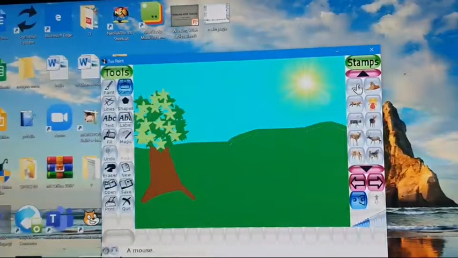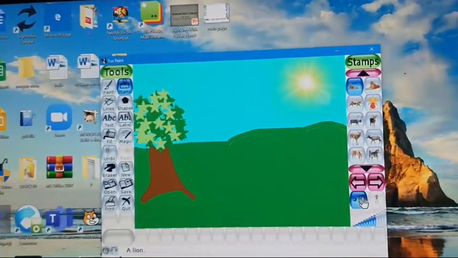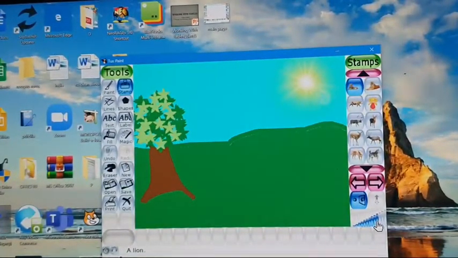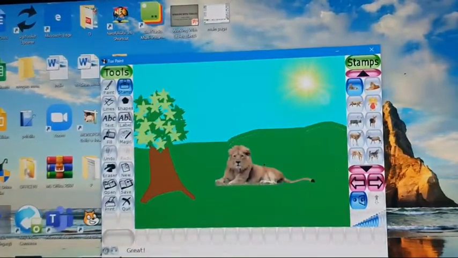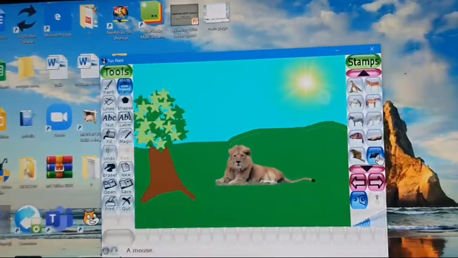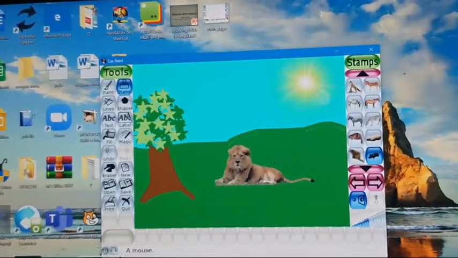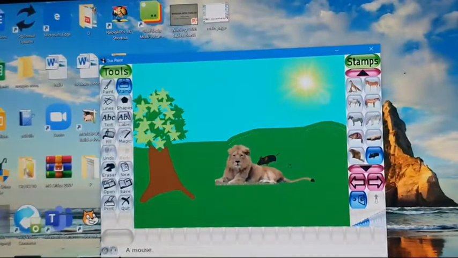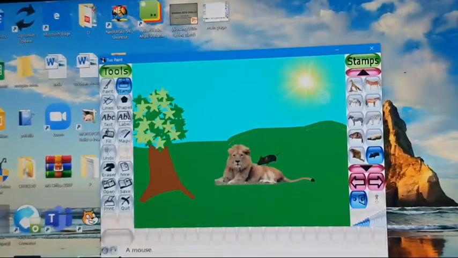Lion and a mouse. Lion. Okay, now a mouse also. Mouse is playing on the lion. Here it is. Mouse. Okay, the mouse is playing on the lion. This is our scene 2.